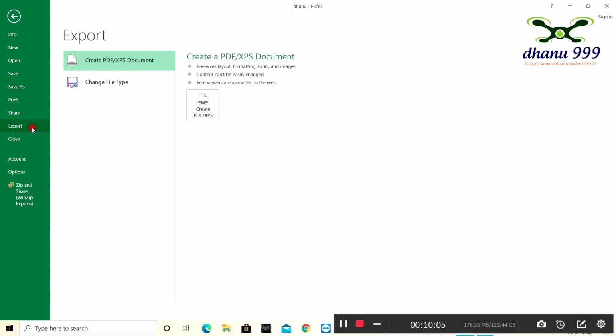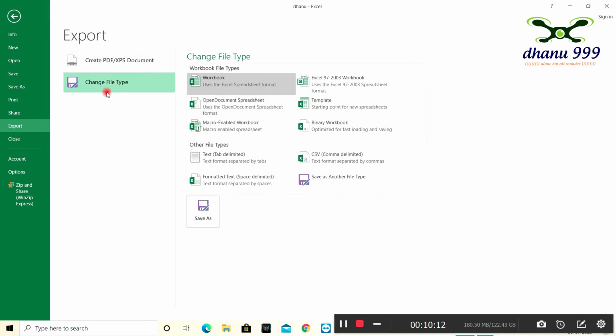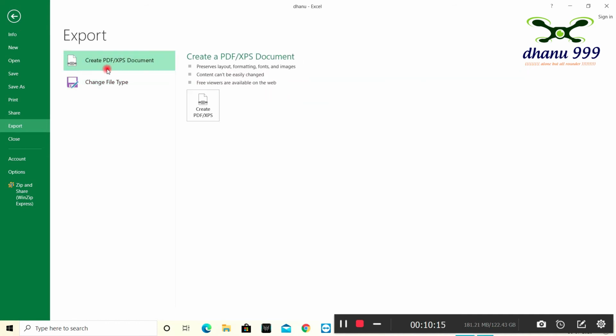Export. It plays a key role in MS Office. Export, like change file type and create video. Export means output, giving an output in whatever format we like. For example, if I need a PDF file, then I can export to this. If there is an option that it will be read-only PDF, and we create an Excel sheet and go, it will not open because it only reads PDF. In that situation we need to export using create PDF or XPS document, then it will open.